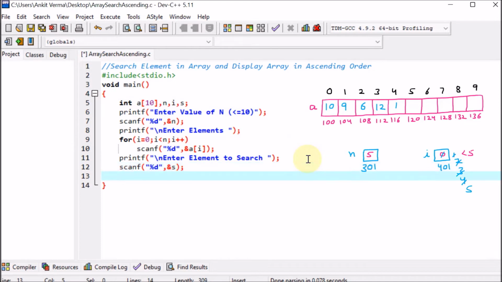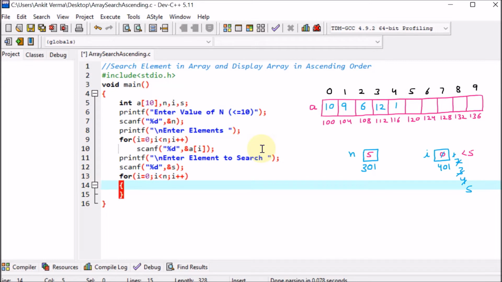Now we know that, let us suppose user has entered the number maybe 6. So we have to make a loop which will match the number one by one, search that number and show it to the user. So here we are again running the for loop, saying i equal to 0, i less than n, i plus plus. Why are we taking till n? Because the number of elements entered by the user is n. So we are not running till 10, we are simply running till 4.